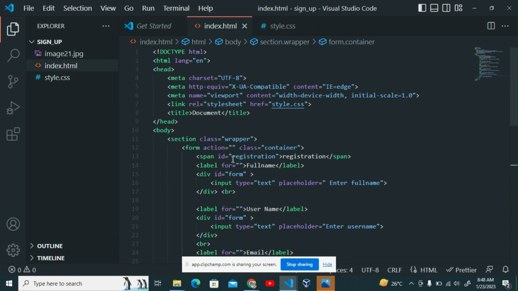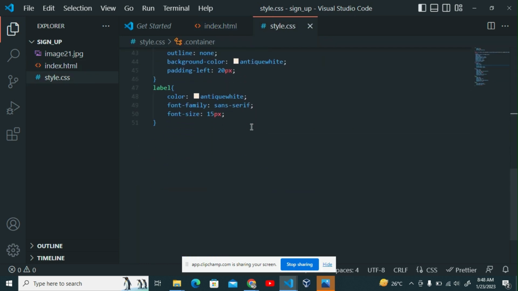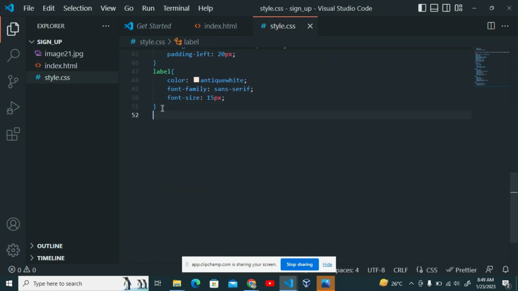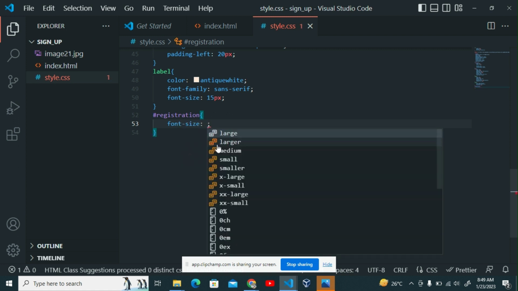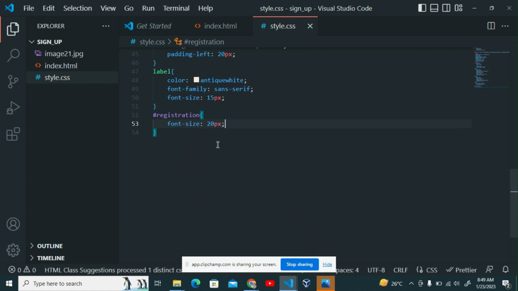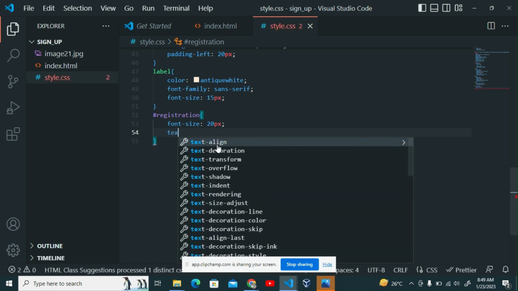We give it an ID of registration. So I have to come to my CSS and say something like this: the registration selector, and I want a font size of, let me say, 20 pixels. Let me give it a font size of 20 pixels, and I want the text to be